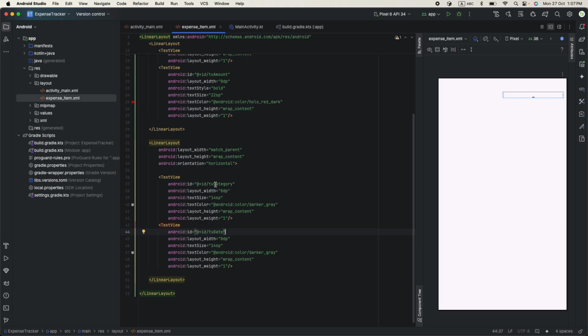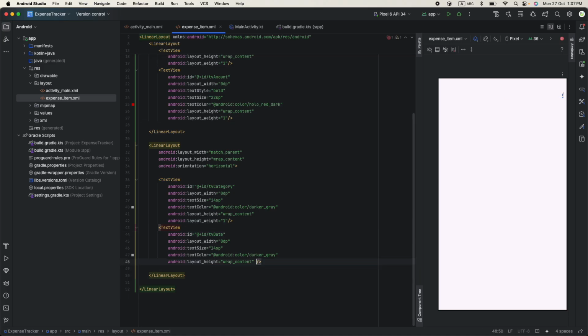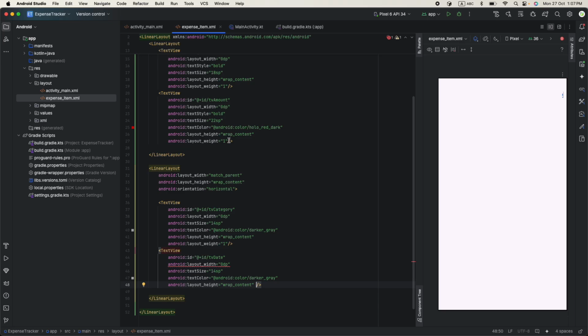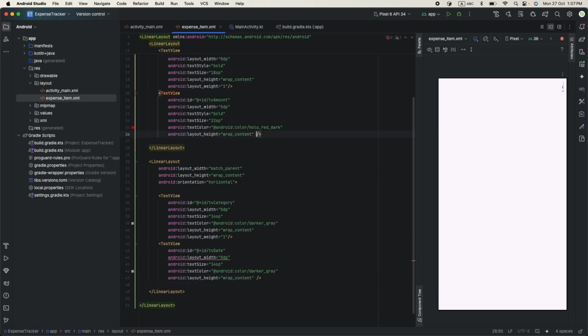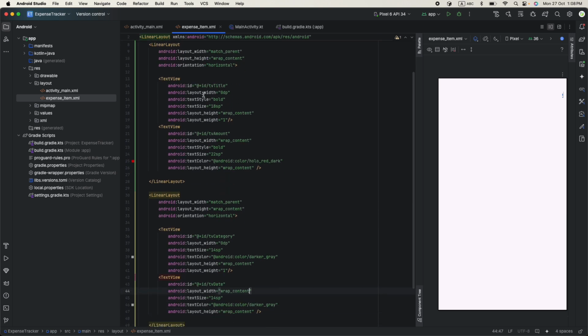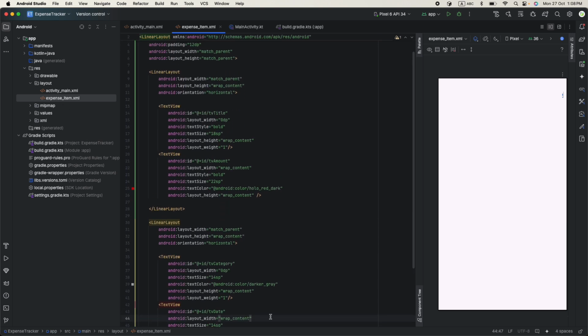Date and category 0, layout weight 1. This one doesn't need layout weight, and this one also doesn't need a layout weight. This one need a wrap content, and also this one wrap content, because this one we need to display at the other end. Okay, this one cool. Now we need to